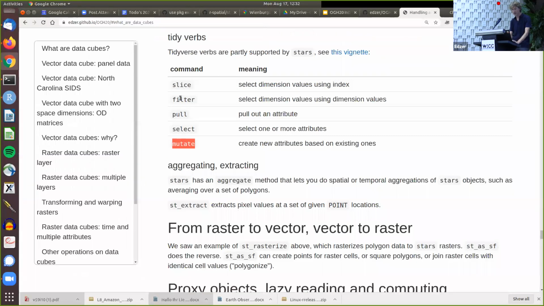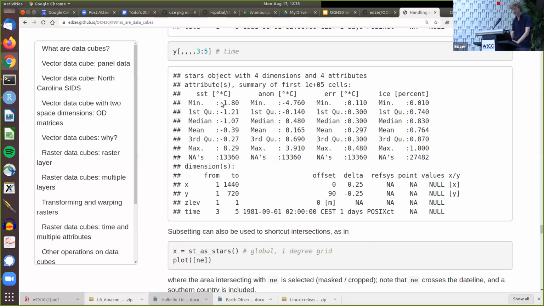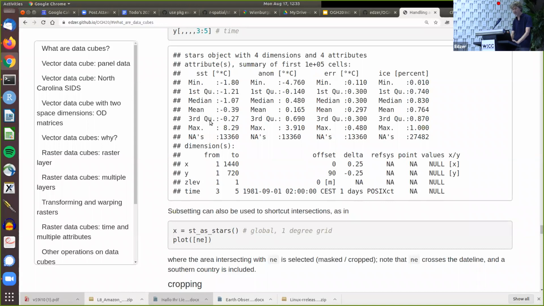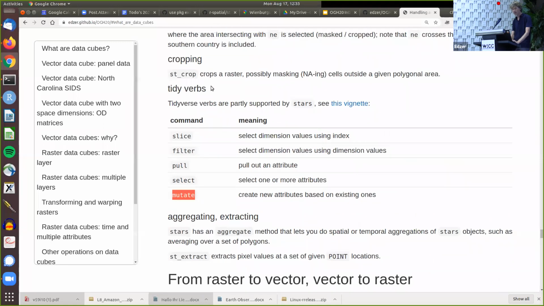Yeah, so you could mutate and then say compute SST times 5 or something like that, or some conversion into Kelvin, or some conversion into Fahrenheit or something like that. Do that on an array basis, right, for all of the cells. Then there are also these kind of map algebra type things where you can